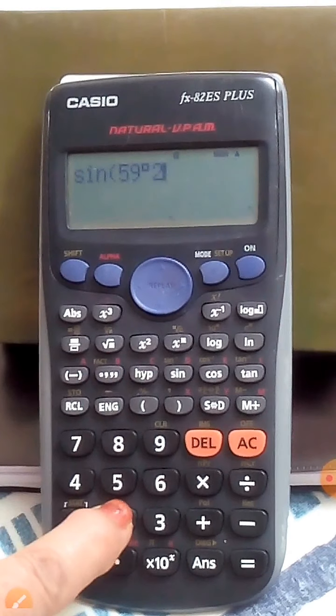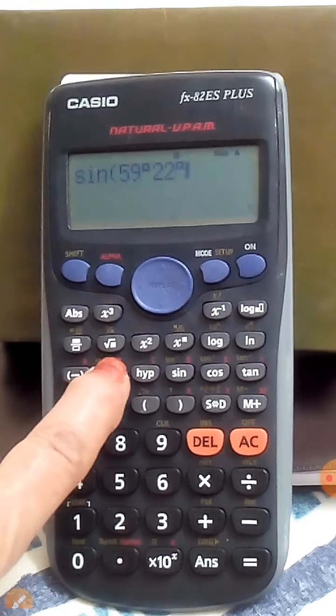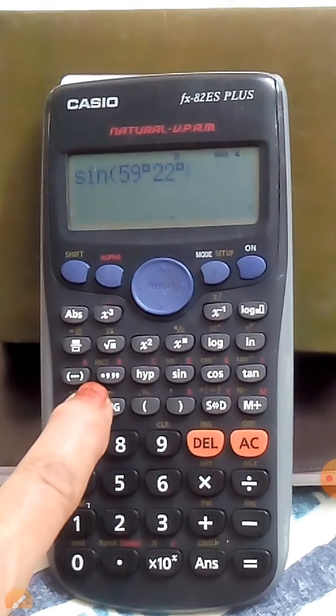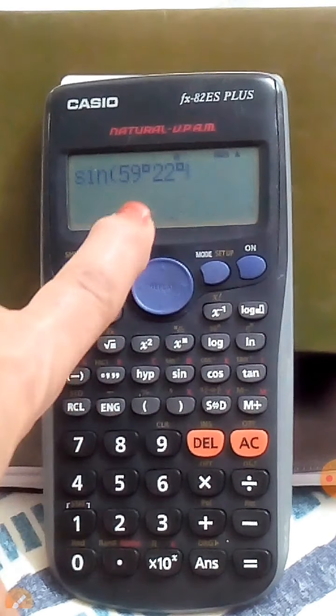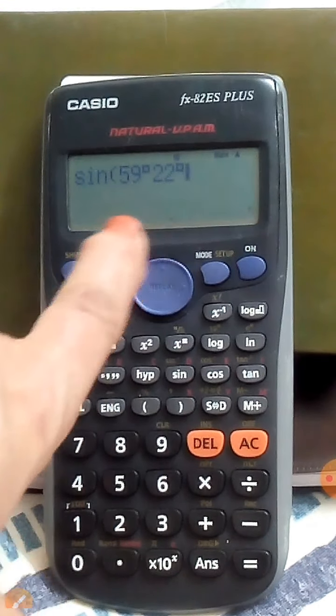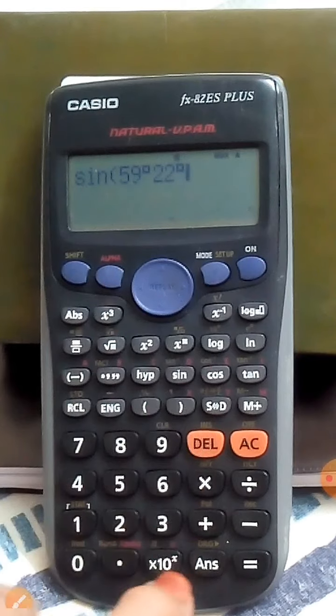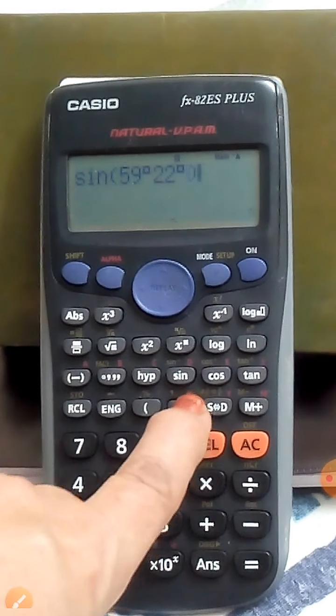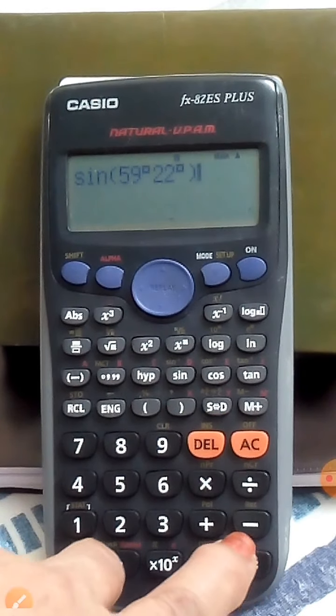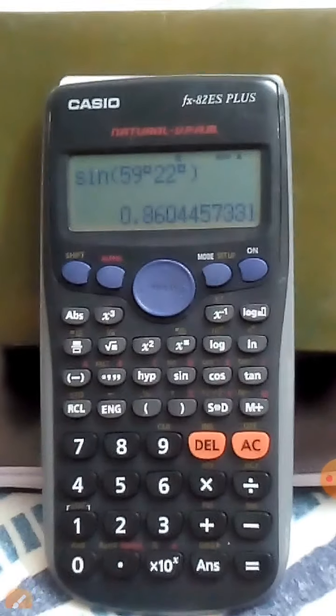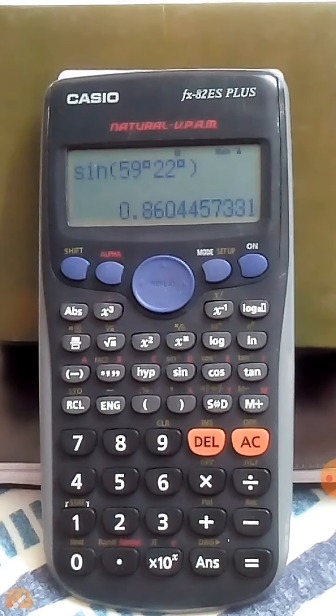So for 22 minutes, again you press the same button. The display does not show minute, but it means 59 degree and 22 minutes. Complete the bracket. Equal to sign. This will give you the answer for sine of 59 degree 22 minutes.